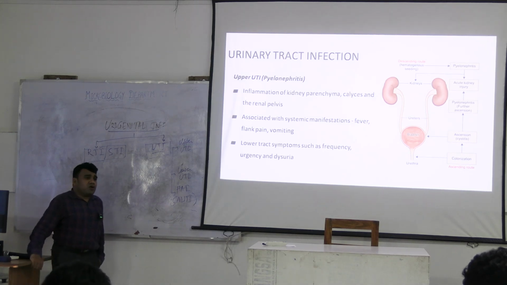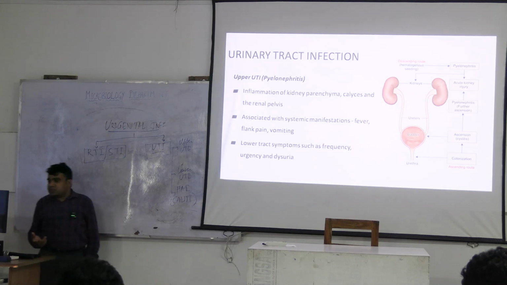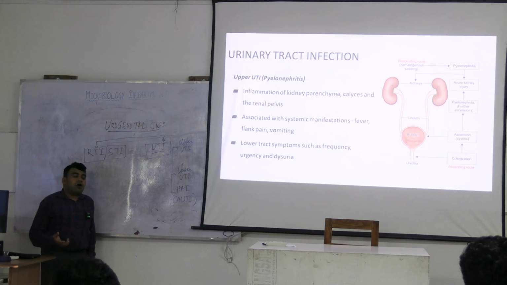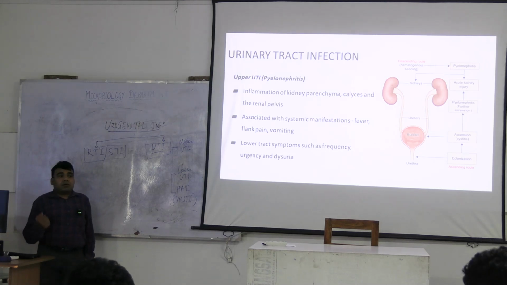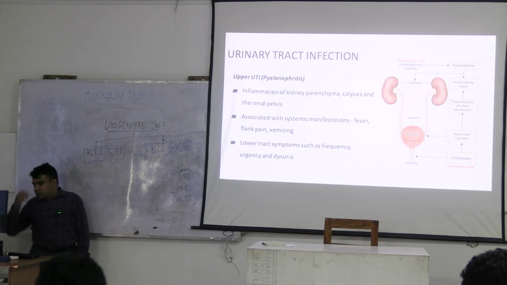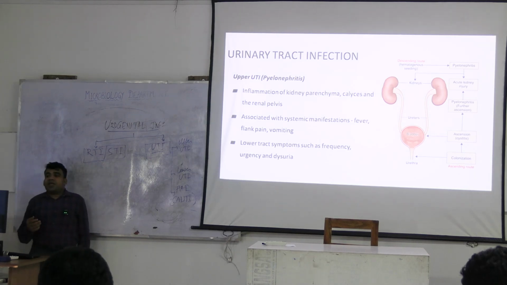The next kind of presentation that can be seen is called as the upper urinary tract infection, or more commonly called as pyelonephritis. The kind of signs and symptoms that will be seen, patient will complain of pain in the low back region, obviously where the position of the kidneys are, and on examination you can find renal angle tenderness. Furthermore, the pain could be so severe that the patient may complain of vomiting due to pain. Sometimes if there is a severe contraction of the ureter, more commonly seen in case of stone, in the ureteric stone, there might be,